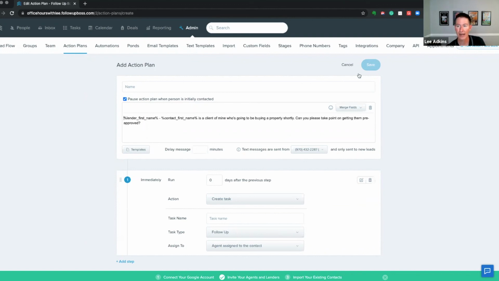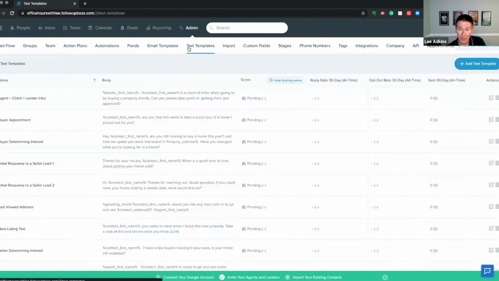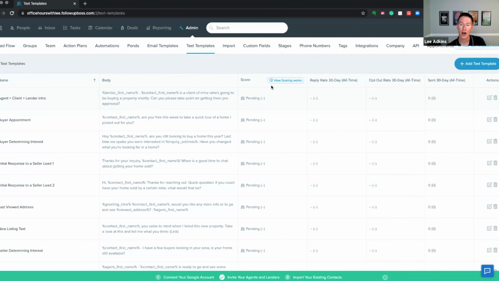So also very handy. What I realized I didn't think to cover is that some additional reporting or scoring has been added now to text templates. So it's actually going to show you a score, and it's even color coded to show you if a text is doing well or if it's not doing well, as well as some stats on responses and opt-out rates and all that good stuff.